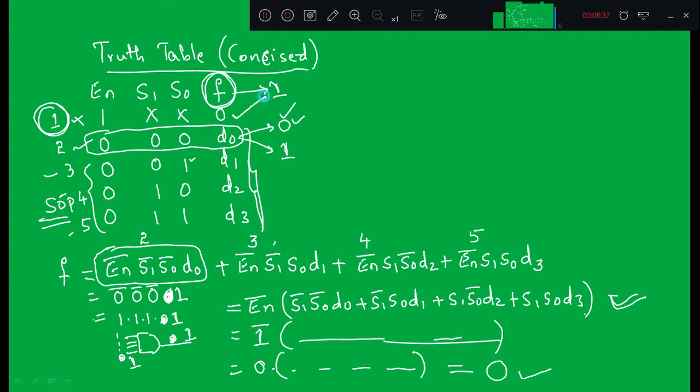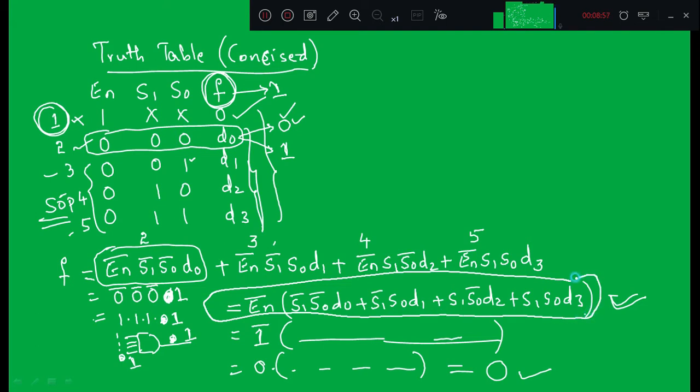Did you get that? Yes, in the truth table F is equal to 0. So with this Boolean expression, I am getting F equal to 0 when enable is equal to 1, right? That means I have verified all these 5 rows. So what do you mean by this? The final expression for the 4:1 multiplexer is this one, right?